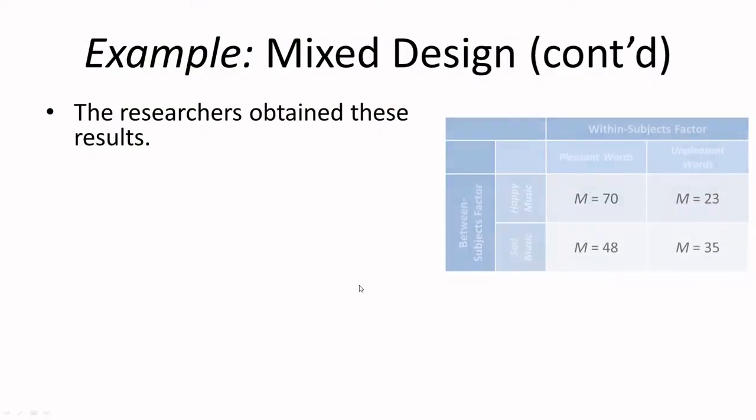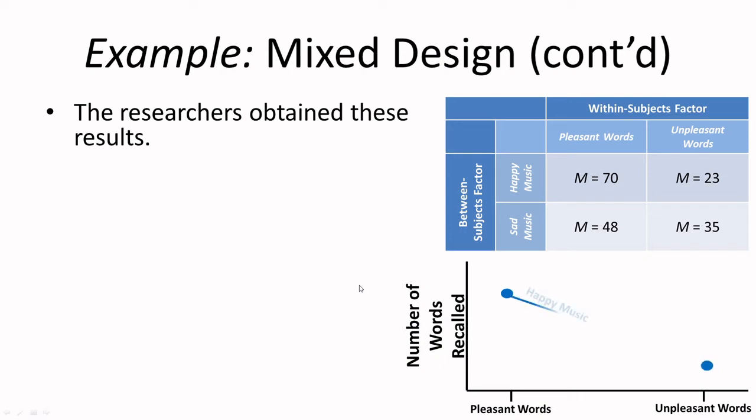So researchers wanted to test this theory using a true experimental design, a laboratory kind of test. So here's what they did. They showed all their participants a list containing words related to happiness and words related to sadness. So all participants saw both words. Then they experimentally manipulated their participants' moods by having half of them listen to happy music and half of them listen to sad music. So here's the results that the researchers obtained in this example.